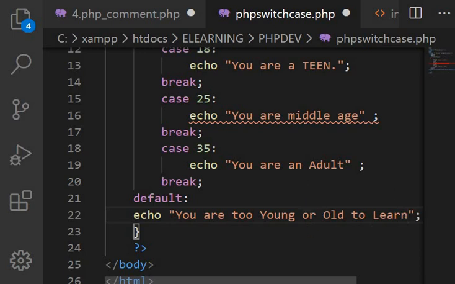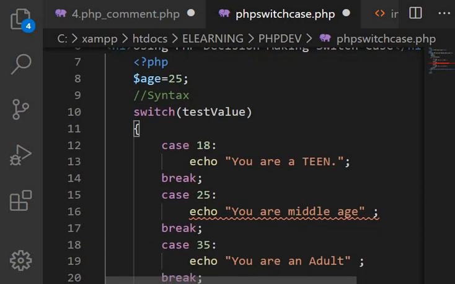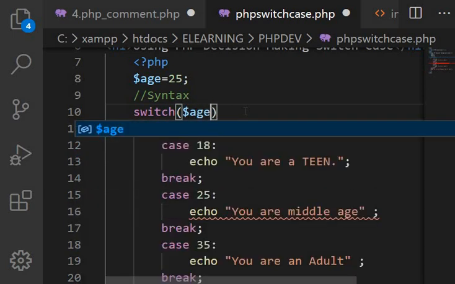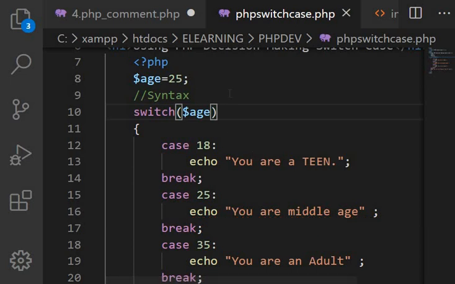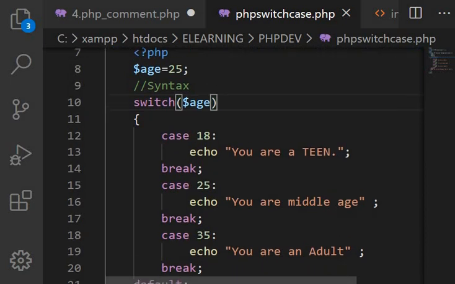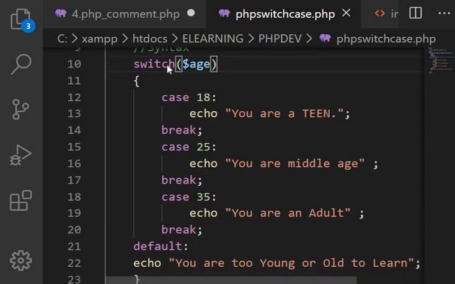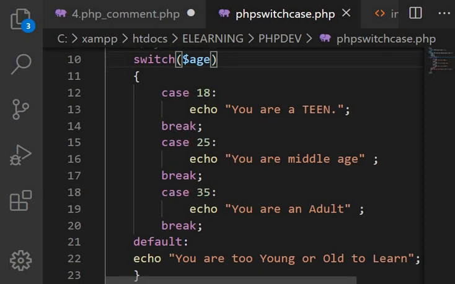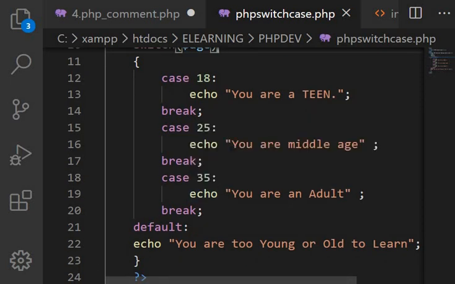Right, so this is switch case. It doesn't get the option, so we're going to fall all the way through. What we're testing is the age, $age, that's the testing value. Age is a variable, and we want to test with three options, 18, 25, 35, then the default value. To save it, we'll go to our browser,